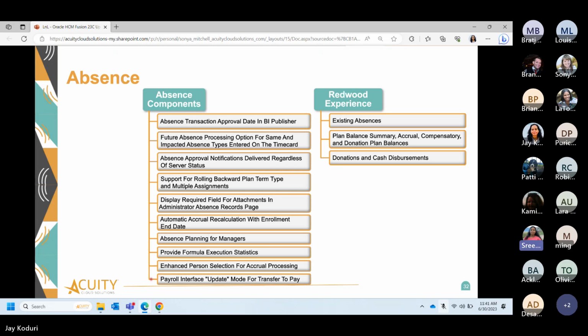And the last one, payroll interface update mode for transfer to pay. This new absence updates to payroll interfaces ensures that only absence changes are updated for the payroll interface. So what exactly it means is like when somebody records a 3-week absence, daily entries are interfaced to payroll. Like, somebody goes on a 3-day vacation, each entry is passed as an individual record to the interface, in the delivered interface to the payroll. But with this new change,